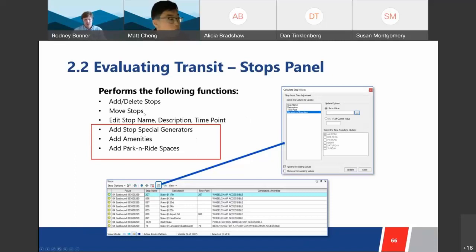So you also have your stops panel, where you can add and delete stops. You can move stops. You can edit their name, description, and their time point variables. You can also add special generators, amenities, and even add park and ride spaces. And generally, the editing part, you can do it directly in this grid, or you can use this calculator button,